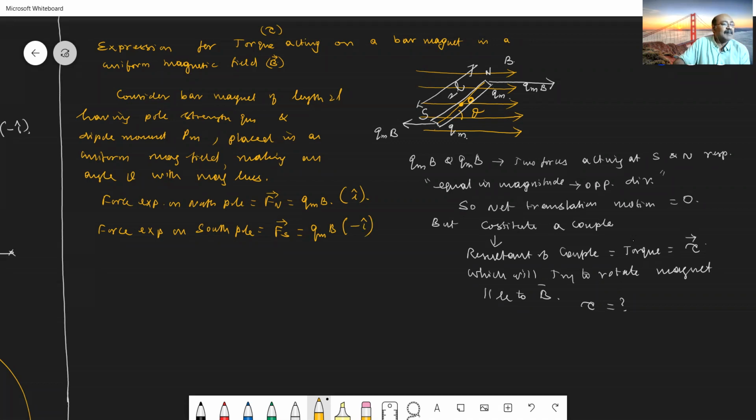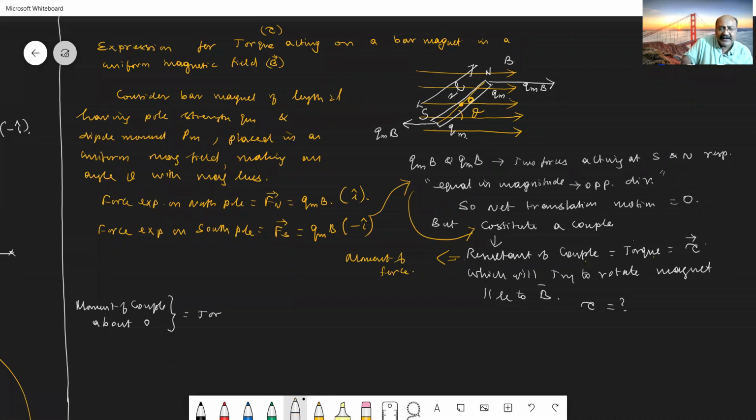Now, what is the moment of force or the torque? Because these two forces, equal in magnitude and opposite in direction, constitute a couple, and the resultant of the couple is torque, or we can say it is the moment of force. So I am calculating the moment of force, or moment of couple, about the geometric center O, which is equal to the torque developed about O, which is equal to